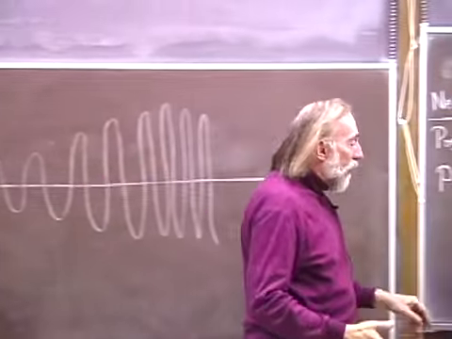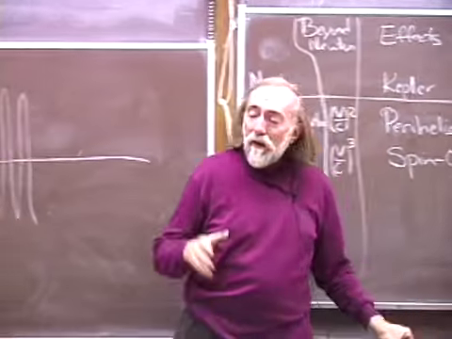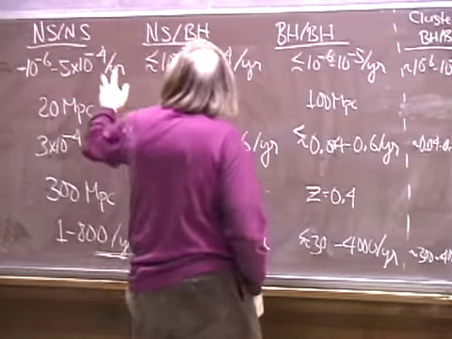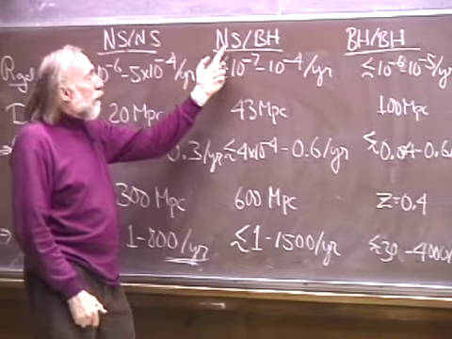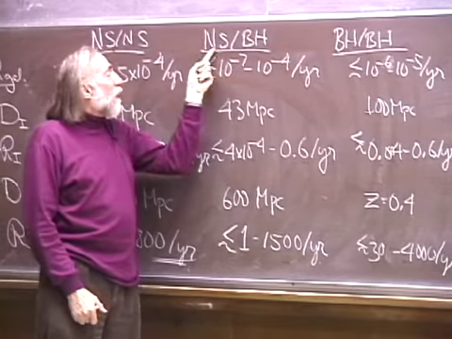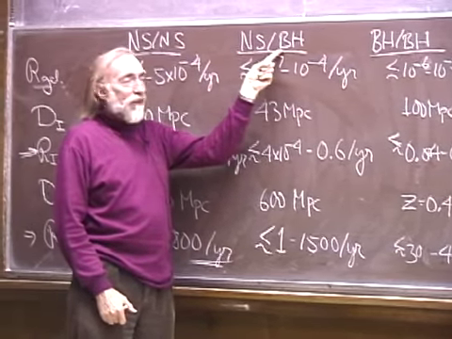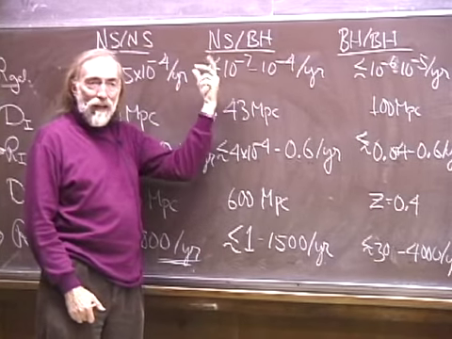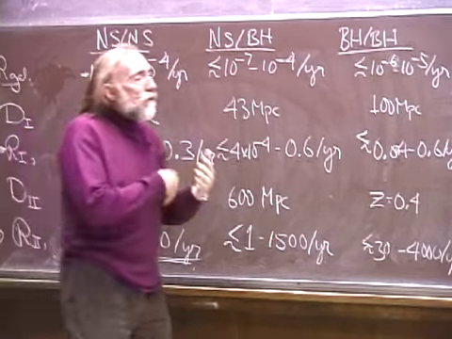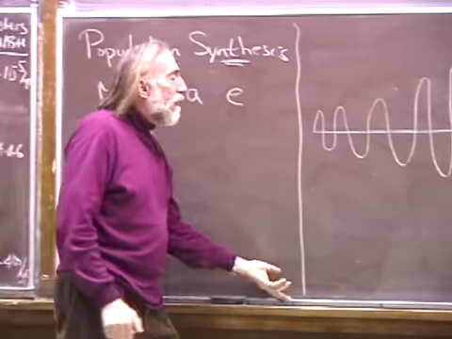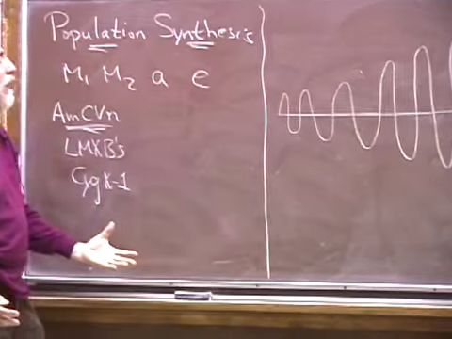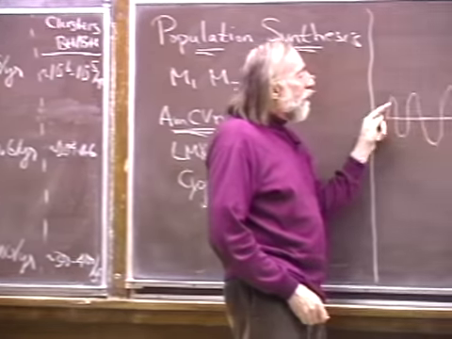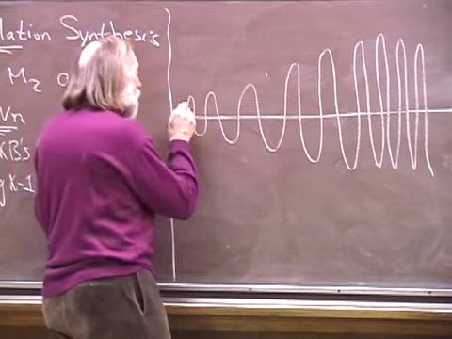And you don't know what that signal is because you don't know whether there's any system there at all in a given stretch of data, or whether there's a neutron star binary there, or a neutron star black hole binary. You don't know whether it's a 1 solar mass and 10 solar mass for this system, or whether it is 1.4 solar masses and 20 solar masses, or what the masses are. So you have a huge family of templates, as we will see, typically something like 10,000 or more templates for theoretical waveforms that you cross-correlate with the observational data.